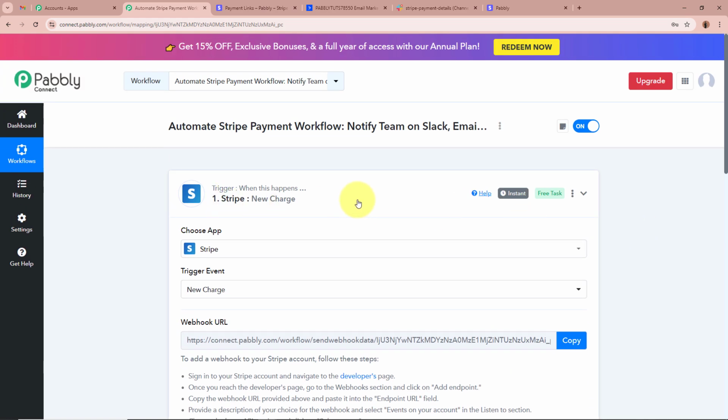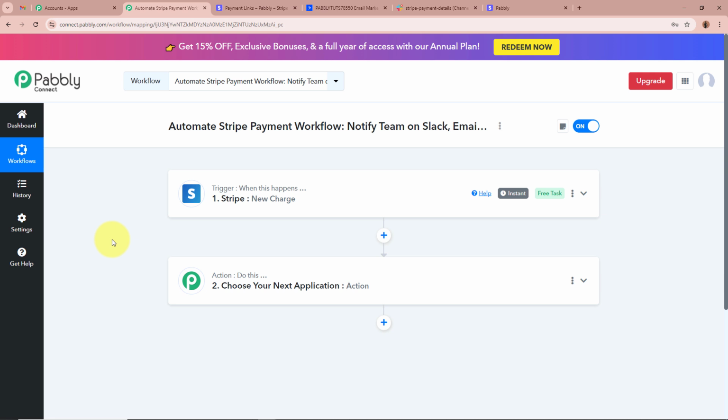So this means that Stripe is now successfully connected to Pabbly Connect and our trigger setup is done. Now whenever a customer is going to purchase, a student is going to purchase any course with the help of Stripe, automatically Pabbly Connect is going to capture the response. Okay, so now here my objective is that